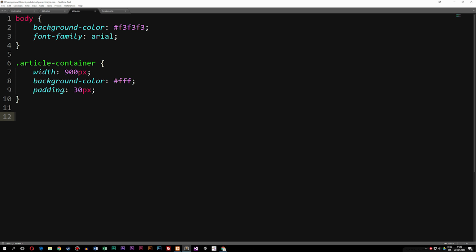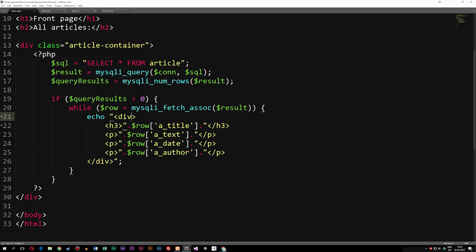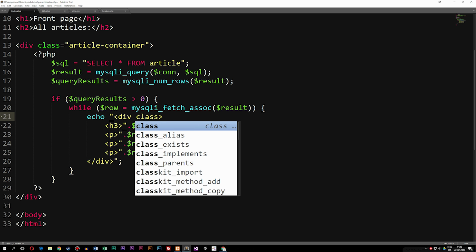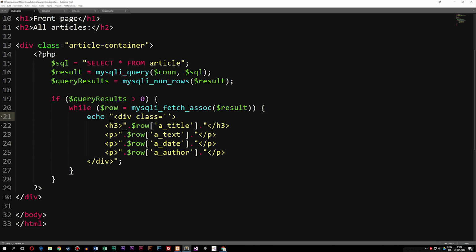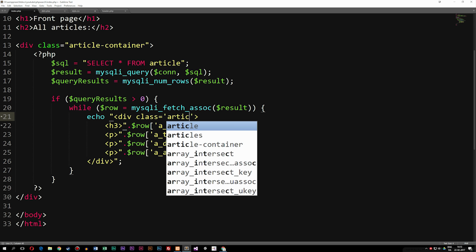Underneath the article container class, we're going to style the article box, the one that contains the actual post inside our index file. Well, we didn't actually create that yet, so let's do that. Inside the div tag, inside the while statement here, we're going to give it a class name. So we're going to set equal to, single quotes, and we're going to call this one article